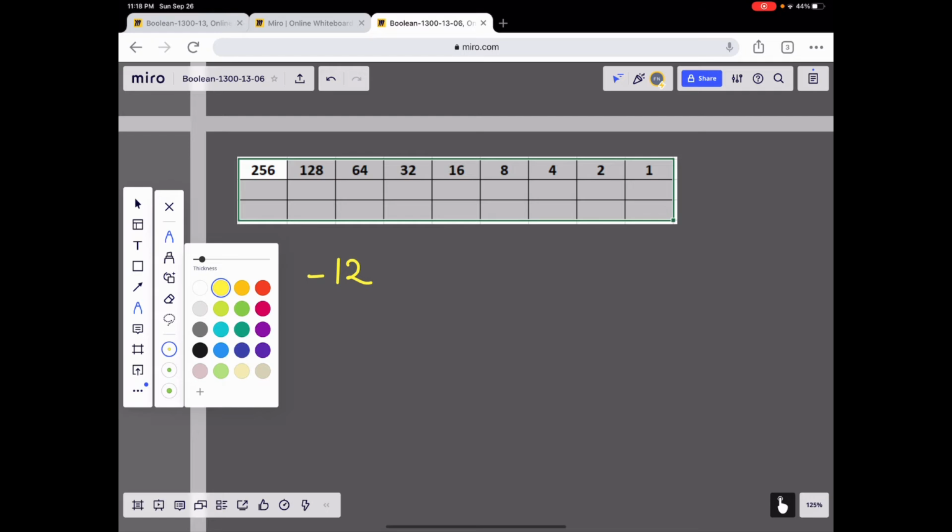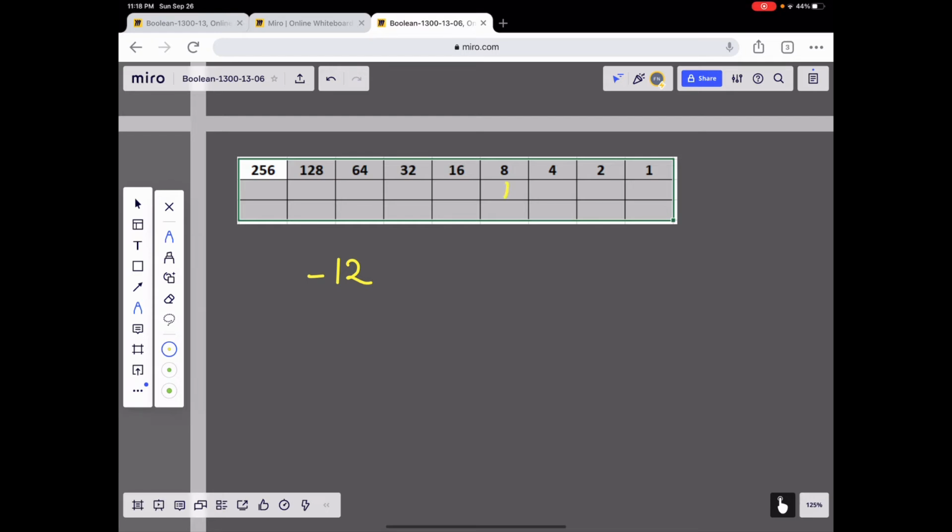So that means 8 plus 4. So you got 1 here using different numbers. So it stands out 1 and 1. 8 plus 4 equals 12. So it equals 0 here. And now you're going to do 8 bits, so you add 4 more 0s at the end. All right. And then convert that to the